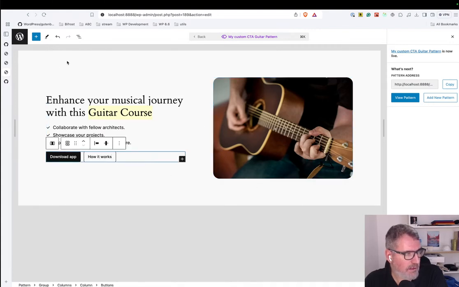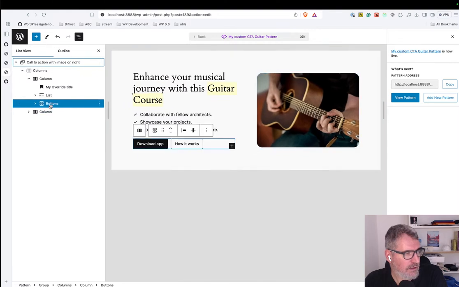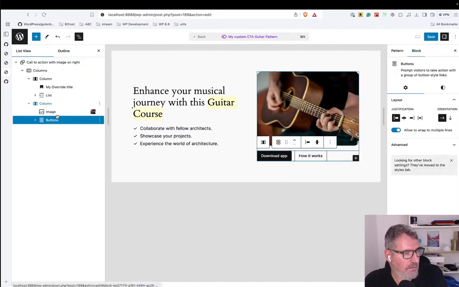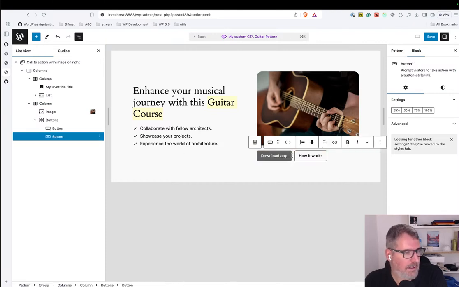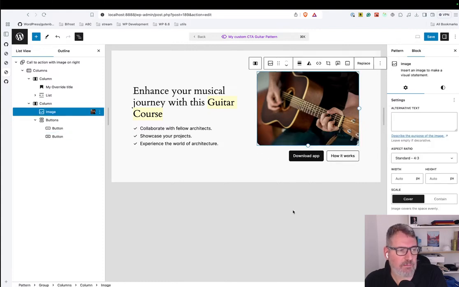let me see if I can rearrange this a little bit. For example, I may want the buttons to be here for some reason. And I may want the buttons to be aligned to the right, for example. So if I save,